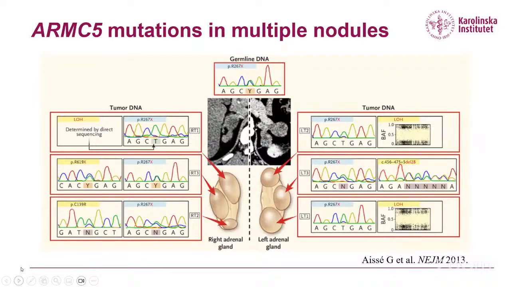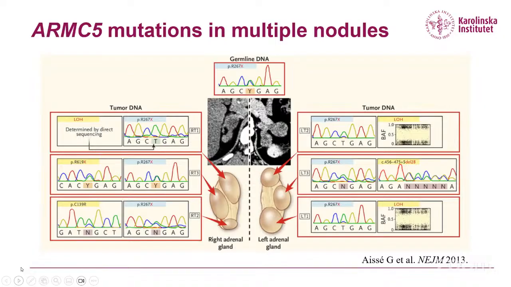And as I told you earlier, these lesions have been associated with various germline mutations in specific genes. This is a quite old publication from a French group in which they saw that the patients with bilateral macronodular adrenocortical disease had germline mutations in a gene called ARMC5,